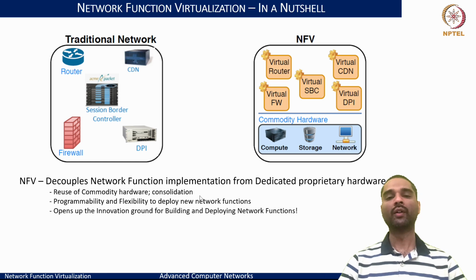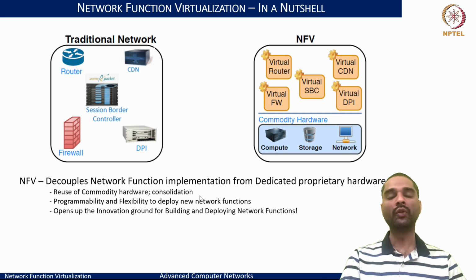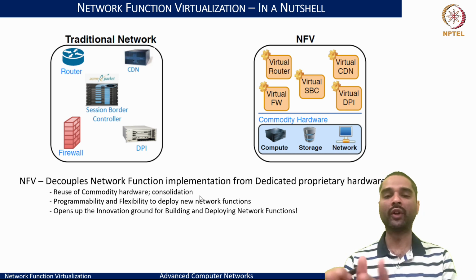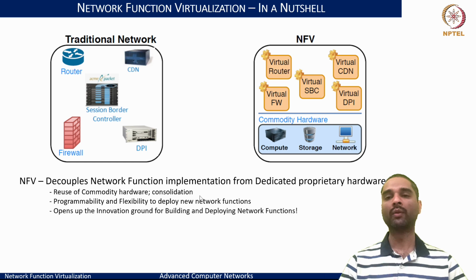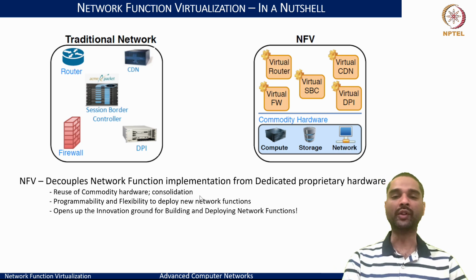And this way, any of the network appliances that otherwise we would have from a proprietary vendor, buying proprietary hardware, would now be transformed into running on a single hardware. And we are going to reuse this commodity hardware by ensuring that these virtual routers, virtual firewalls, virtual DPI, all of these could be run as software instances on top of this commodity hardware. Think of these as processes that are running on your PC, on your laptop. That's the flexibility that NFV would want to provide.